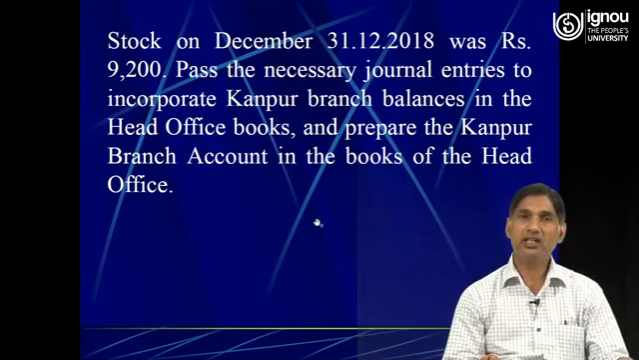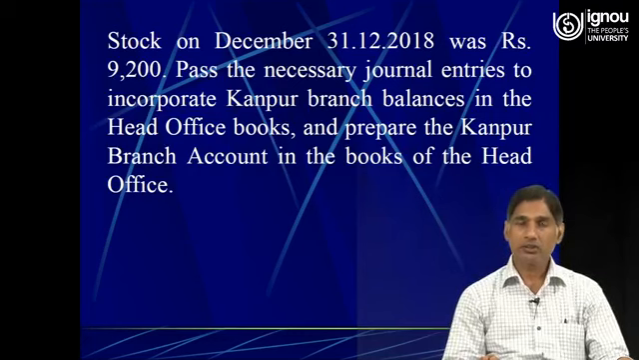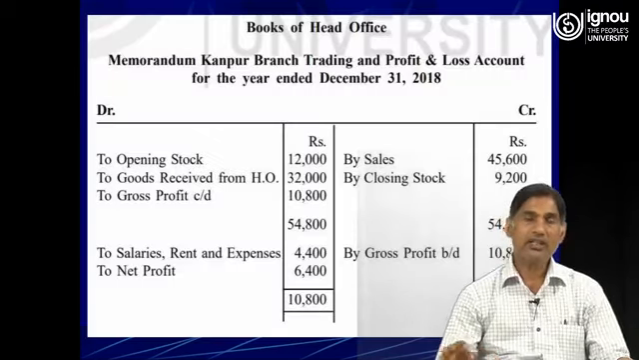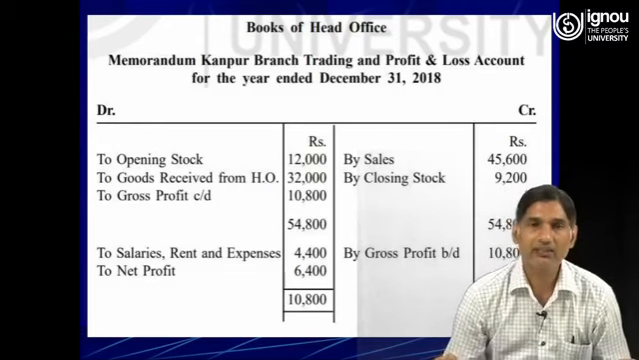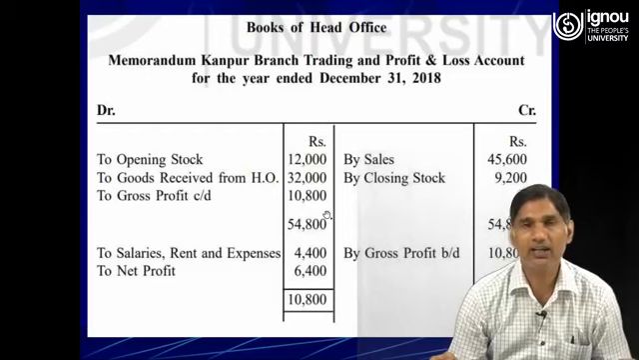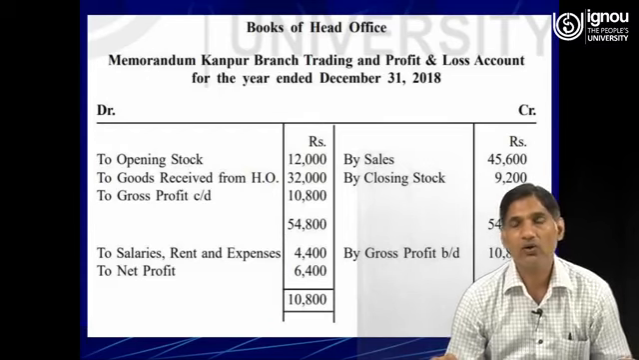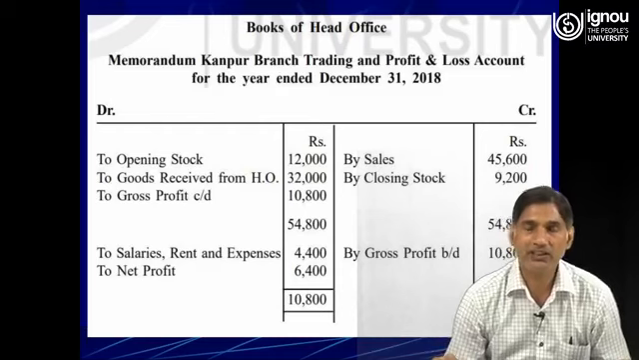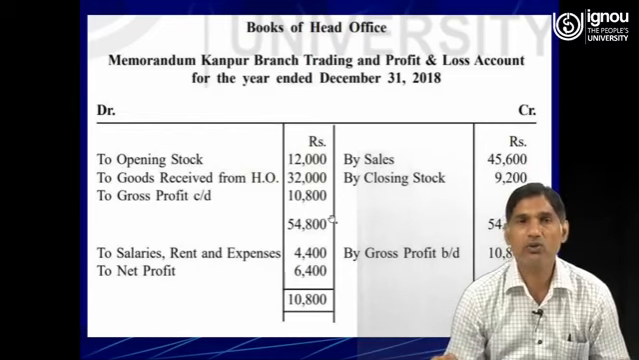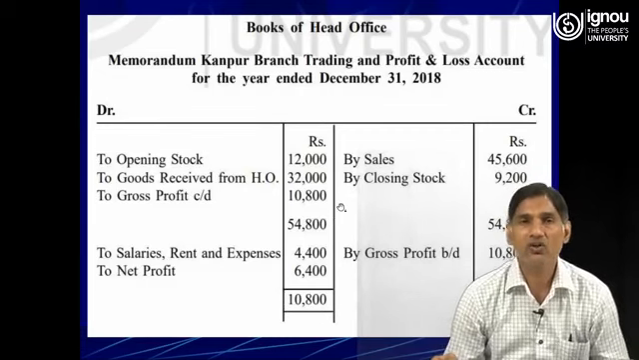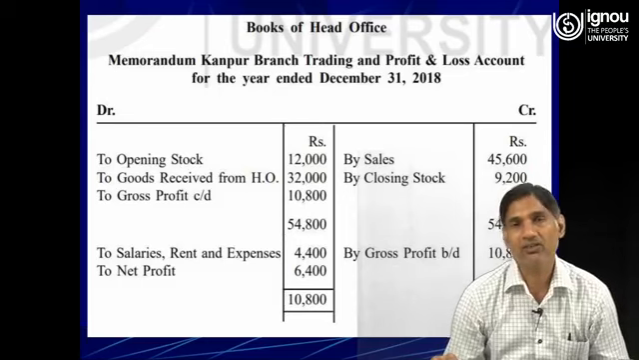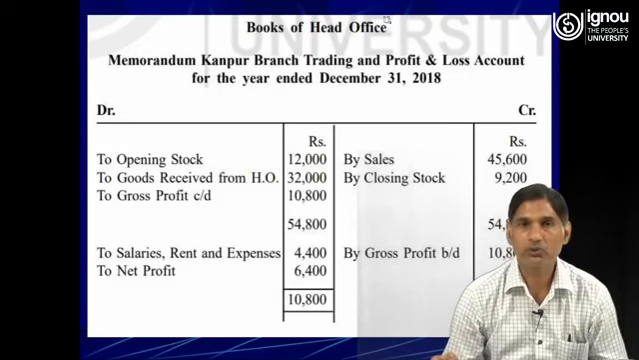Here the journal entry for assets and liabilities will remain the same, but for the items supposed to be recorded in the debit side and the credit side of the trading account, and the items which need to be recorded in the debit and credit side of the profit and loss account, only a single journal entry for the amount of net profit or net loss will be recorded in the books of the head office. So in the books of the head office,